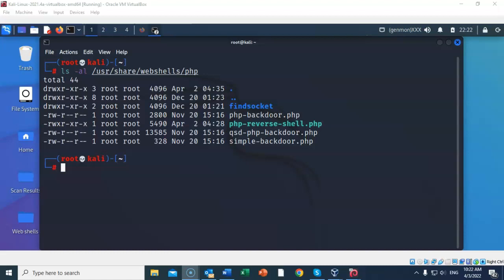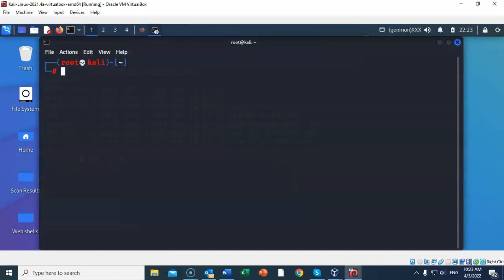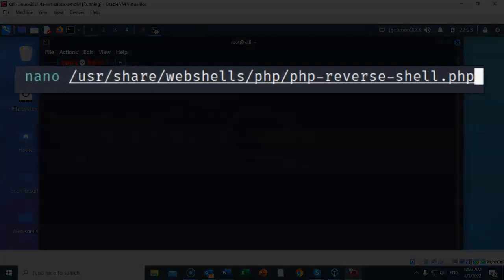But before we can play around with this particular PHP script, we're going to have to modify some information that's inside of it. Let's see how we do that. I'm going to modify the contents of this script using my Nano text editor. Now to do this, I'm going to bring up a fresh terminal, and at the prompt I'm going to type in the following: nano space